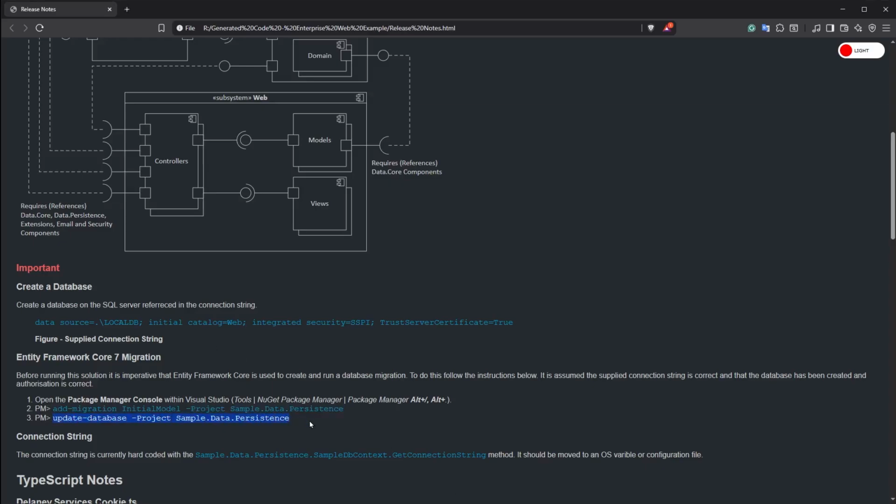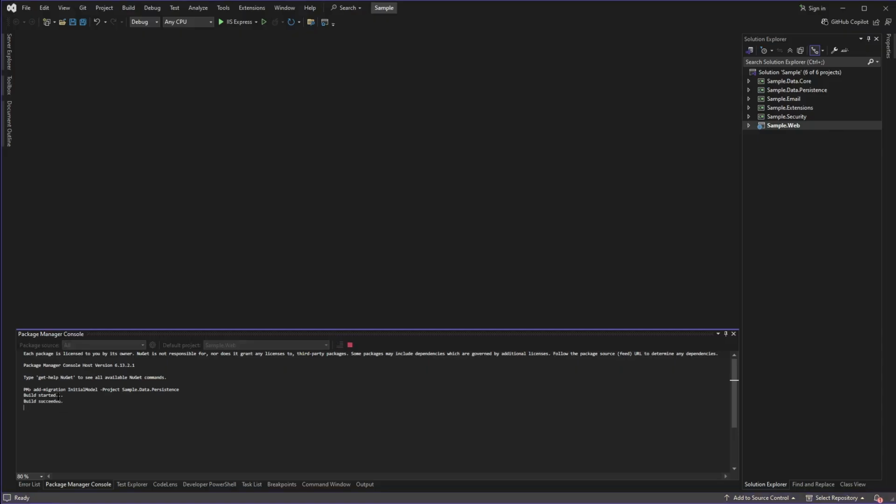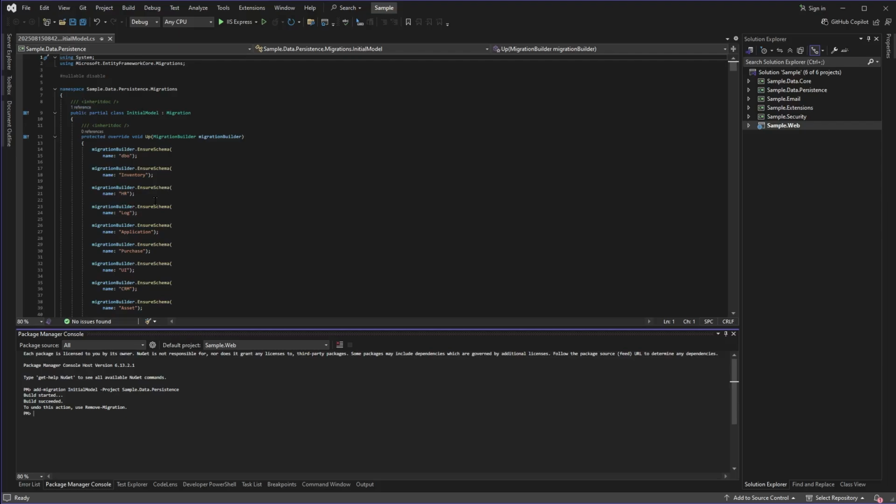So I'll just copy the second one, the second line. That first command created a whole bunch of code to create the database. Second command will actually create the database, but actually before I do that, I'm just going to show you that